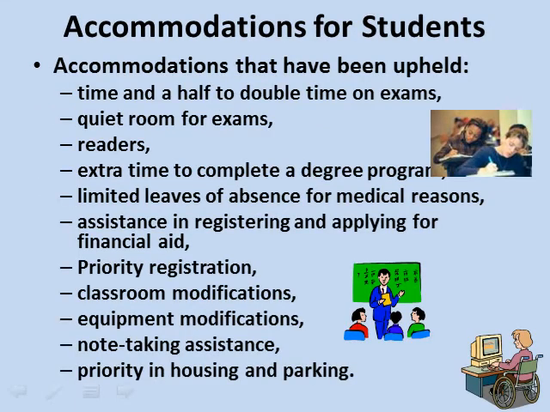There are various accommodations that a student might get, and this really is dependent on the disability and the functioning of the disability and how it impacts the student. Some of these accommodations might include time and a half or double time on exams, a quiet room for exams, readers either for exams or for classes, extra time to complete a degree,